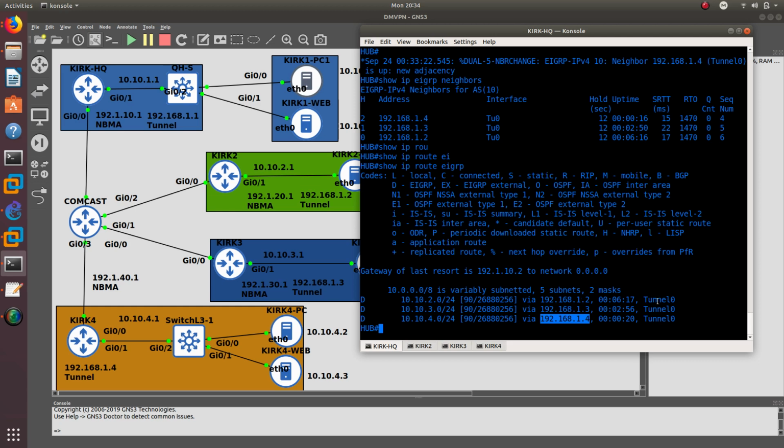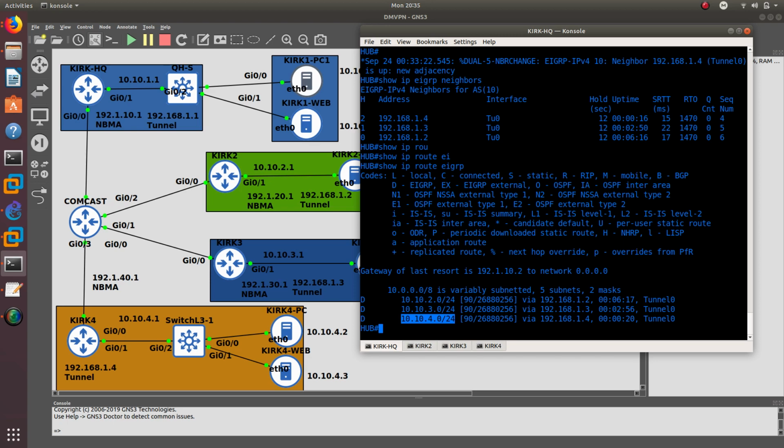And since they are via the tunnel, you can see right here Tunnel 0. That means that every time we try to reach these networks, it is going to go via the tunnel. And since the tunnels are encrypted, everything is going to be encrypted and is going to provide data confidentiality, data integrity, anti-replay, and all that good stuff. So nobody can just sniff on your network and see what you're doing whenever you are trying to reach those networks, right? So we are done, and what we could do is verify those